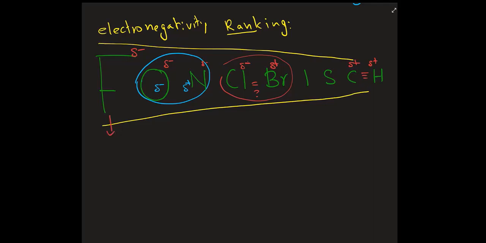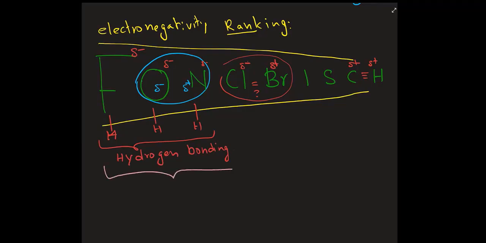Now, if fluorine is covalently bonded to hydrogen, oxygen covalently bonded to hydrogen, or nitrogen covalently bonded to hydrogen, then only they can make the hydrogen bonding. Okay, that's the difference. Now, there are two differences here and you need to notice. So the hydrogen bonding is only for the F-O-N,